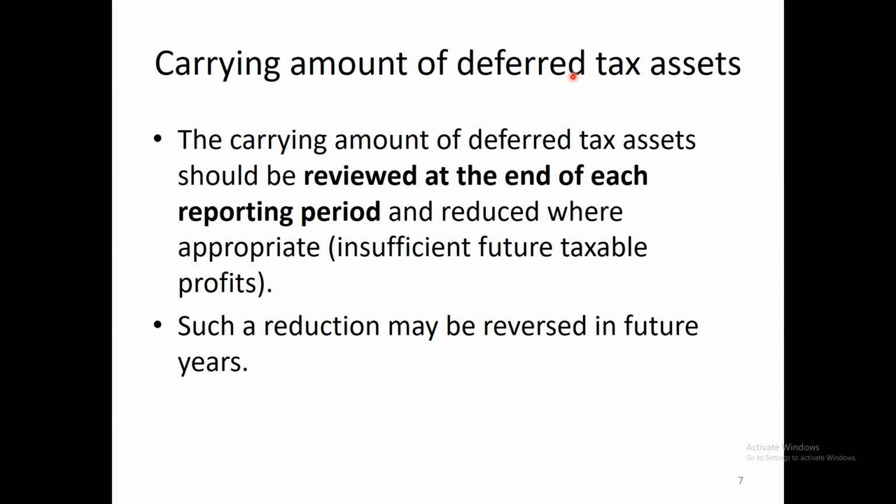So for example, you have given a 1 million loan to your friend, and he has promised you that next year he will settle that money. Then next year he will settle the money, and in your balance sheet you put it as what? It's an asset. Your friend has to give you money, right? Asset. What happened if your friend passed away, has died? Still, can you recognize it as an asset?